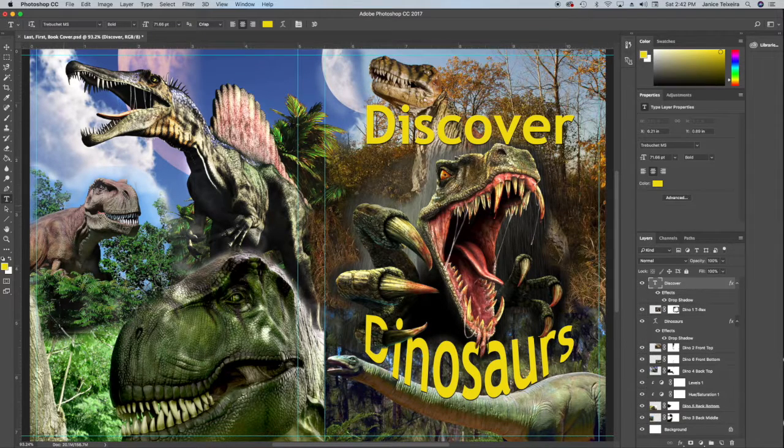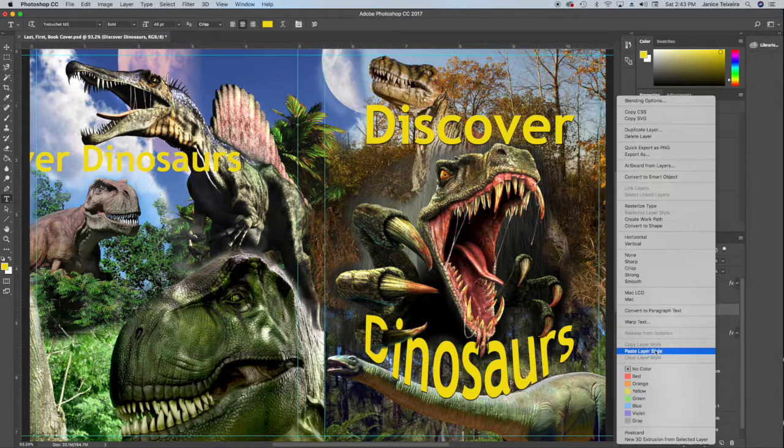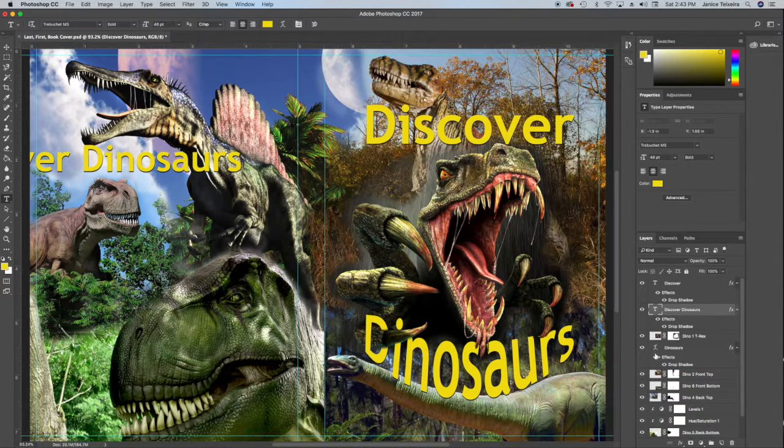So activating my type tool, making sure I'm on Trebuchet MS Bold still. I'm using that same yellow color, and this time I'm going to type it in one word. I'll lower my font size and type in Discover dinosaurs and accept that. And then I'm going to right click on that and paste layer style once more,